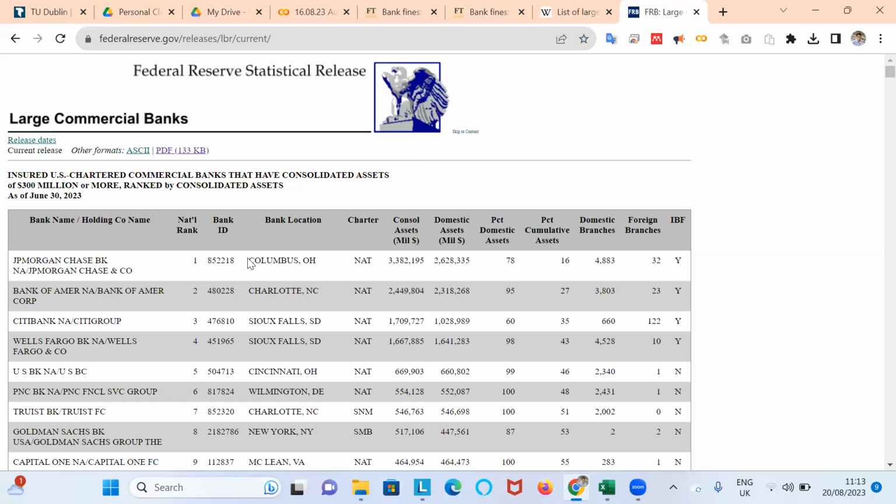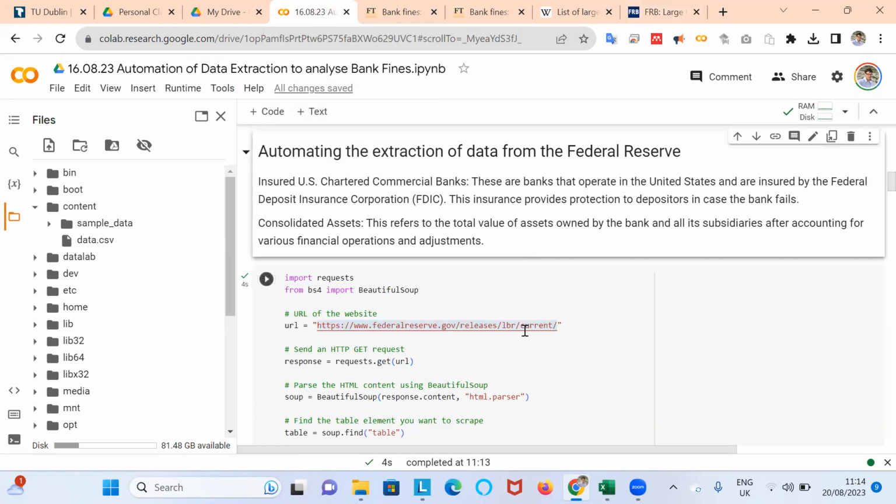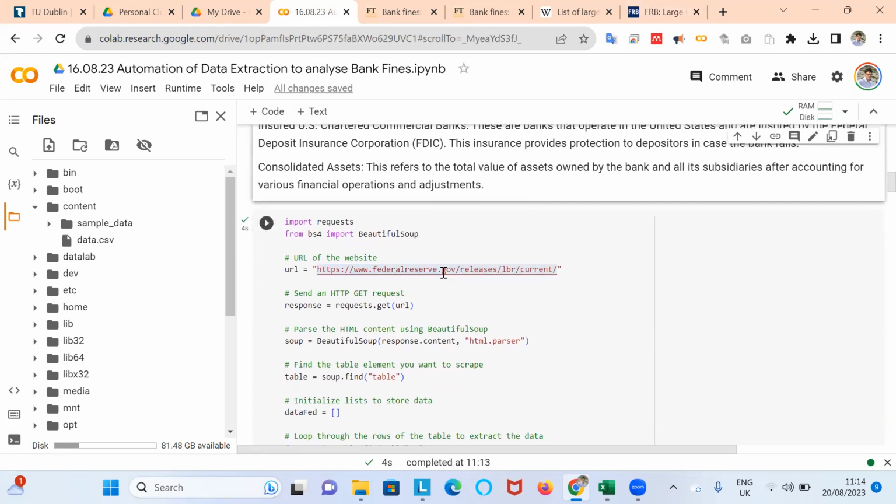Now the ordering here is a little bit different, if I remember correctly. And it's consolidated assets. And there's actually more columns and rows here. If we download the PDF or the ASCII file, we can see that we don't have the full, what's visualized here. The data set is actually much more substantial. Okay, so if we want to bring this data in from the Federal Reserve website using the web address, the URL,